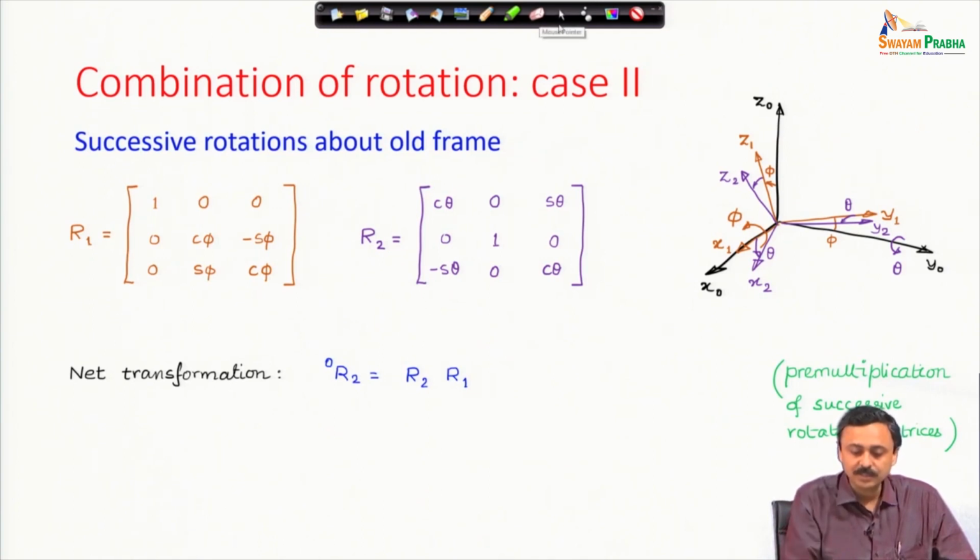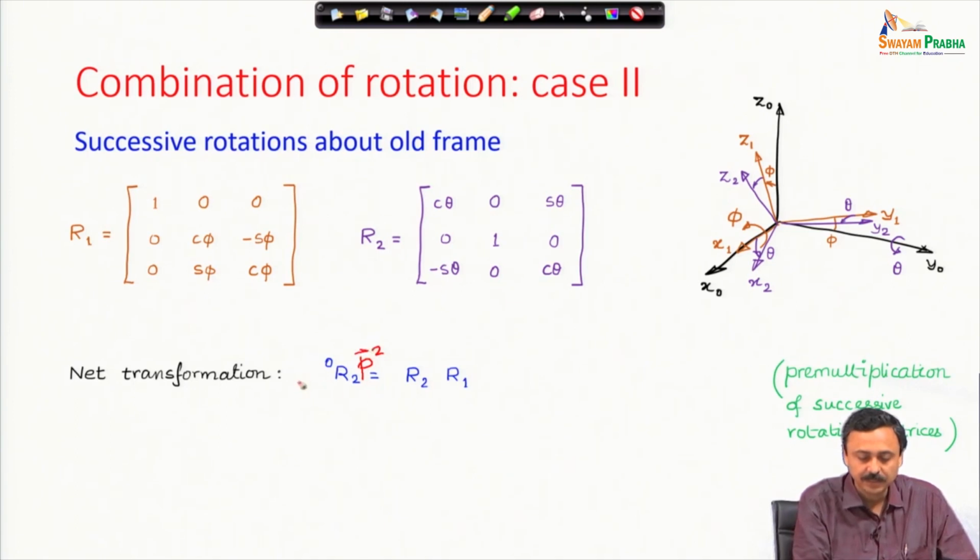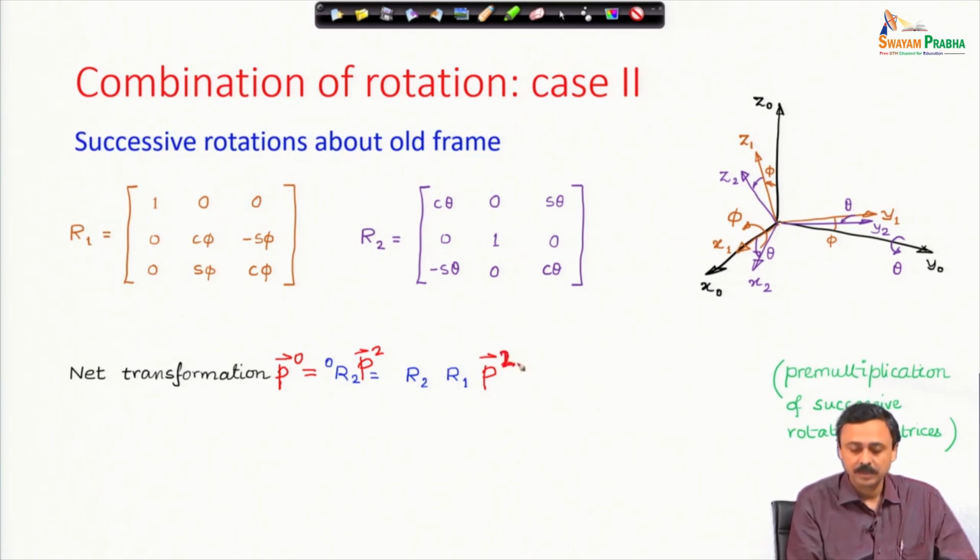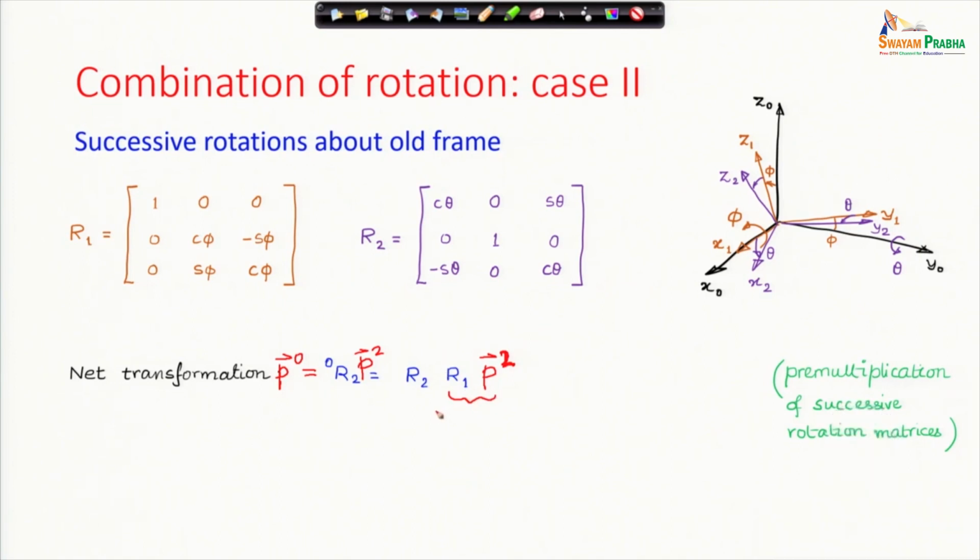And why does this happen? Because if I have the representation of some p vector in frame 2, then by multiplying this, I will get the representation of the same p vector in frame 0. Therefore, here I have this p 2. Now, what this does is it takes the p 2 in frame 0, and that vector again, because how did I get frame 2? I was rotating about y 0 next time. Therefore, this